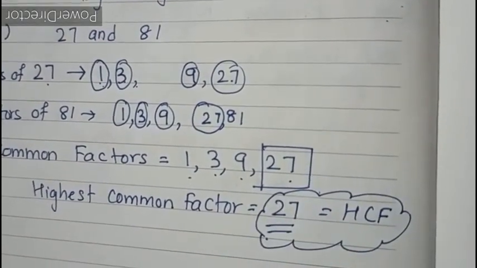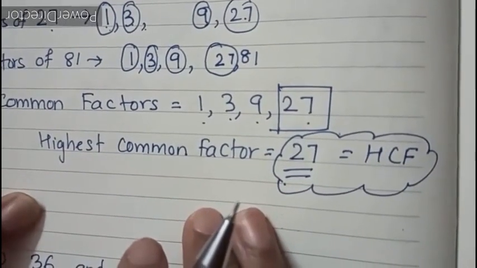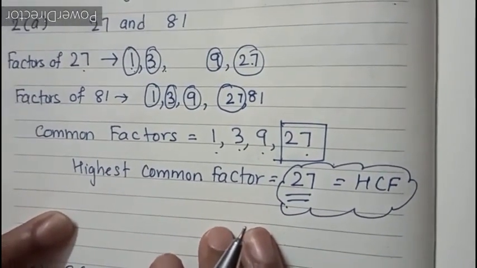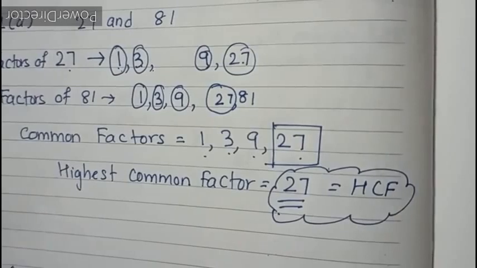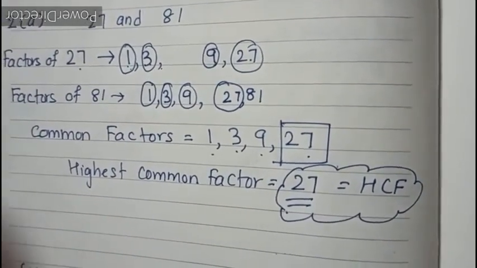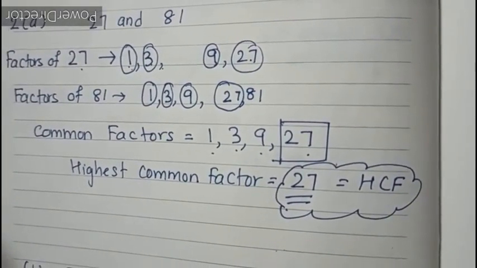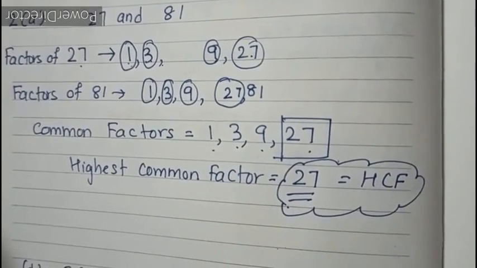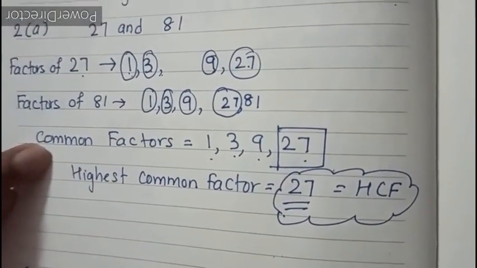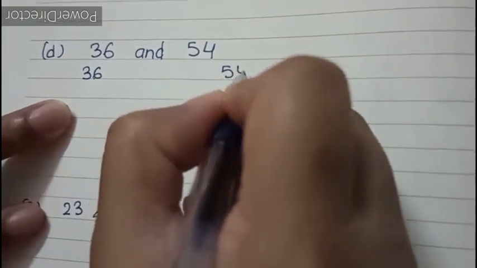So this is the beginning method when you start solving HCF in the junior classes, as you did in class 4. Just for revision's sake, in case you did not understand it last session, we are doing this here. But usually we do not use this method as it is quite lengthy. Still, let's do one more example for a better understanding.